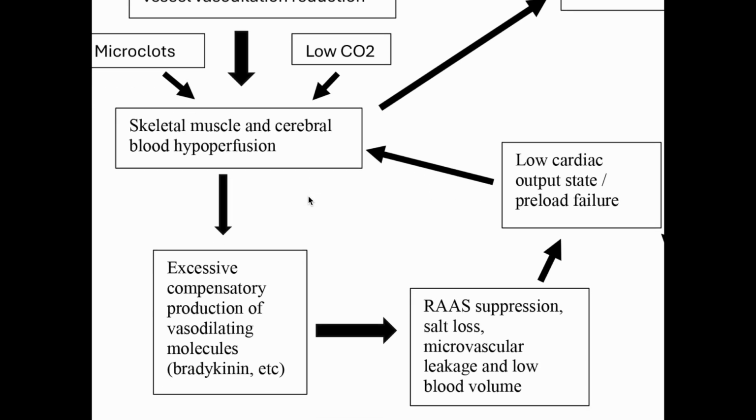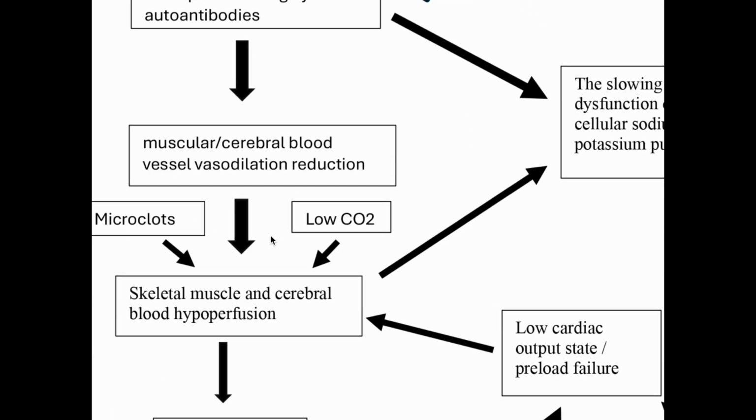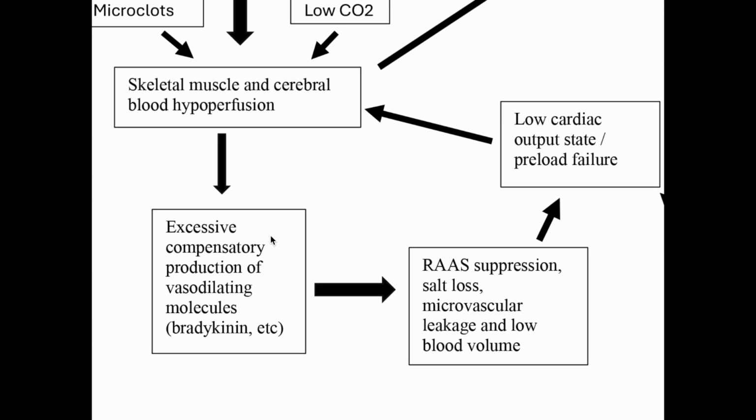Now, the body does not like this. For example, when a healthy person wants to go for a run, the blood flow into their muscles normally increases 20 to 30 times in comparison to when they are at rest. Now, because of these issues here, that's not able to happen, and the body has to find a backup solution in order to increase blood flow into the muscles